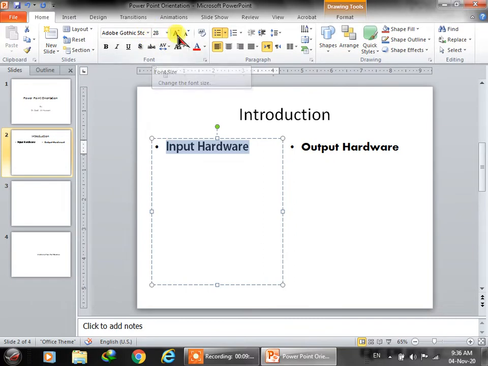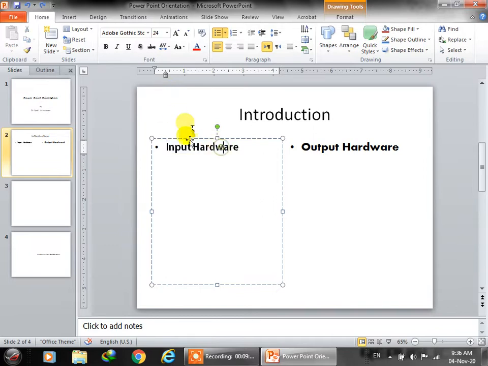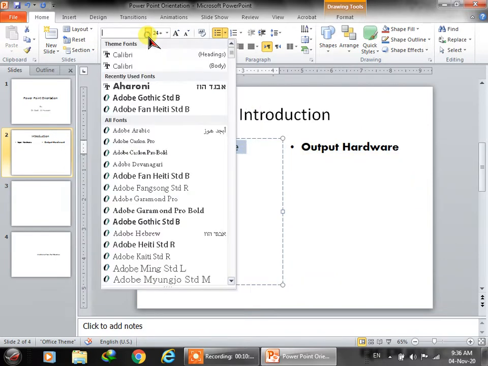Then this is the size. You can increase from here and here, increase or decrease, or similarly increase or decrease. This B is for bold. When you click bold, because it's already bold, it will have no effect, because these fonts are bold.